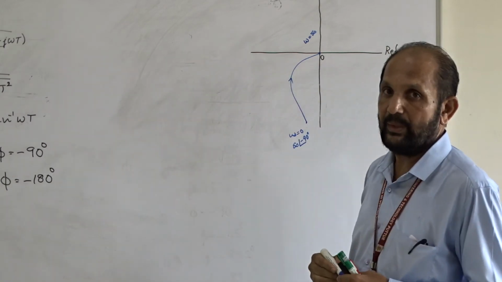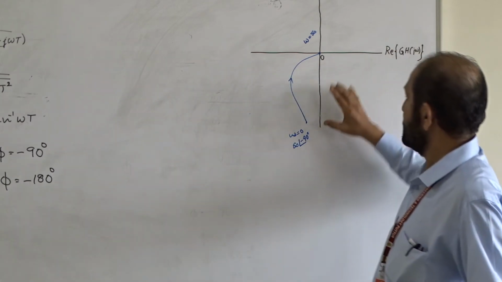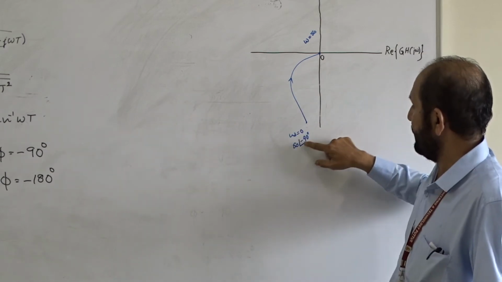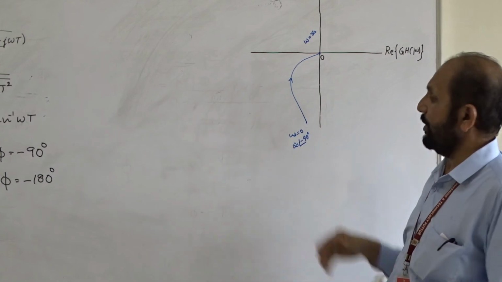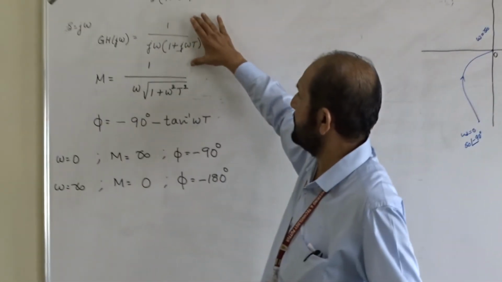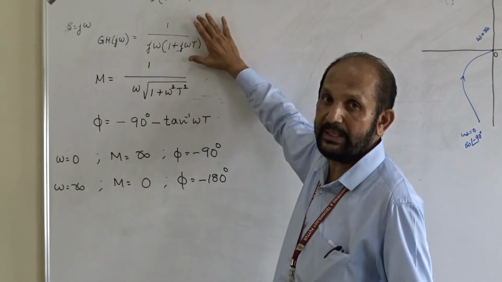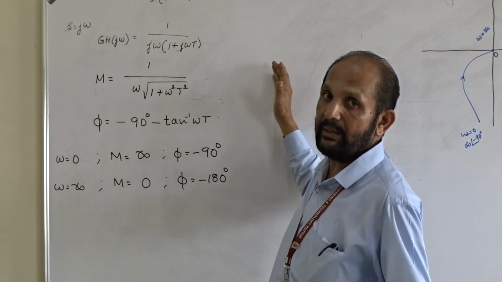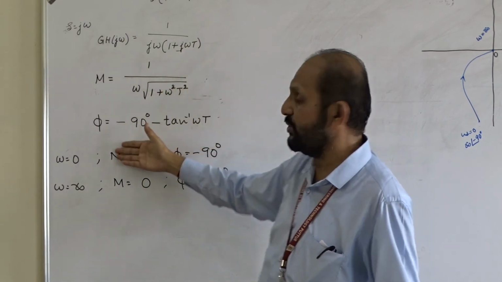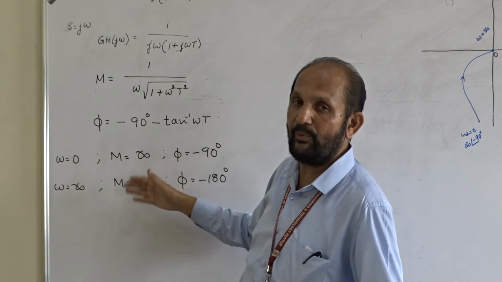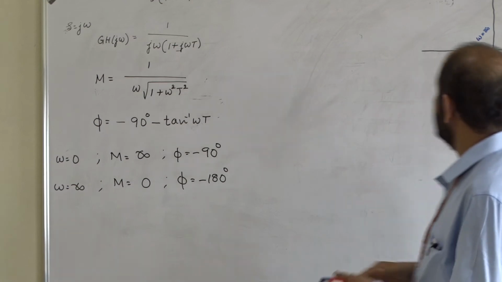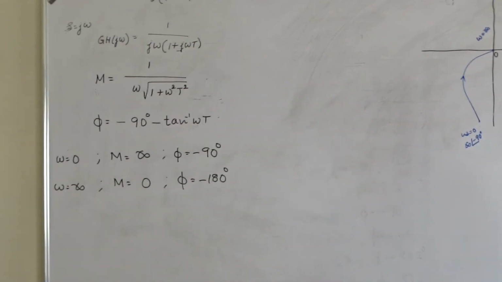This is a rough sketch. This is a type 1 system, so that's why it always starts, at omega equal to 0, at an angle on the minus 90 degree axis. Even if you try, you can check it: replace j omega in the open loop transfer function in Cartesian coordinates and equate the real part equal to 0. Then you get either omega equal to 0 or infinity, which is already considered. You won't get any value other than these. So this is the third problem.